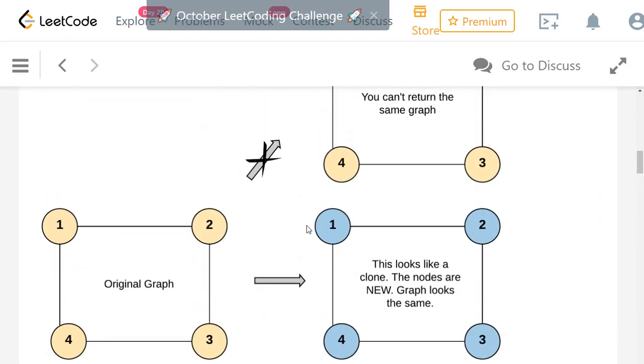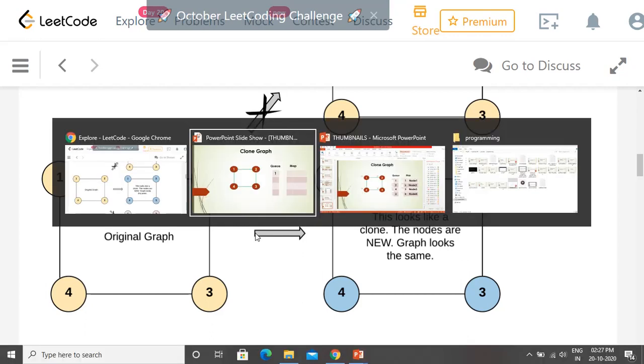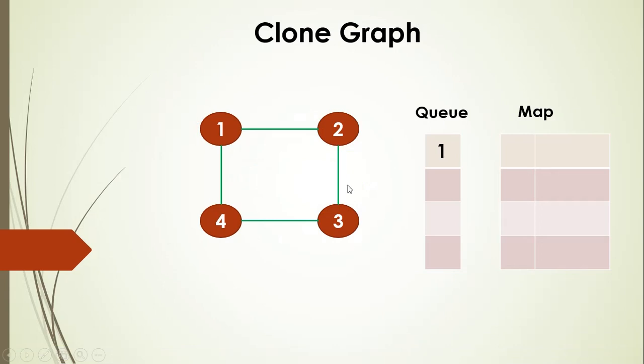Okay, so what we are going to do is take a node and create a node, then try to create all its neighbors. Then take one by one from the neighbor list, then process the nodes. If you look at this closely, we can do a breadth first search. So BFS of the graph we can use, because we have to process the node first, then process its neighbors, then go to the neighbors one by one. So it is a BFS traversal of the graph. Let's look in detail with an example. Let's say we have the graph 1 2 3 4.